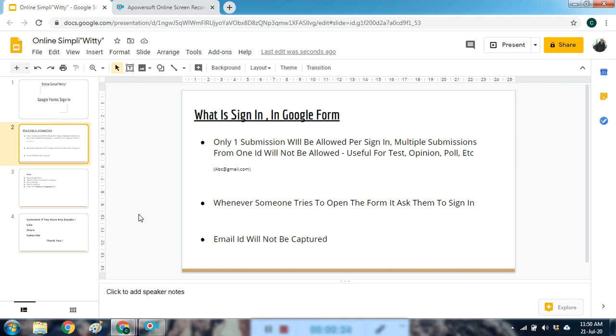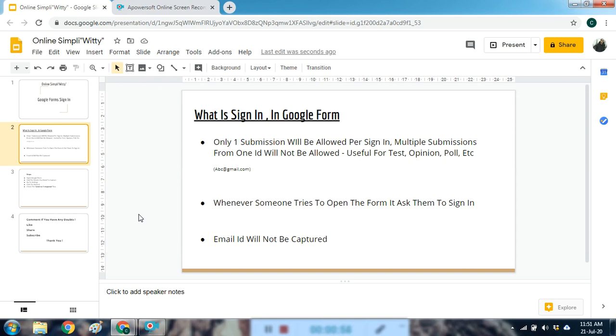For example, you have sent a Google form link to one of your respondents and his or her email address is abc@gmail.com. When they click on the link to fill up the form, they will first have to sign in with their email address. Now let's say that person puts his email address as abc@gmail.com and submits his opinion in the form.